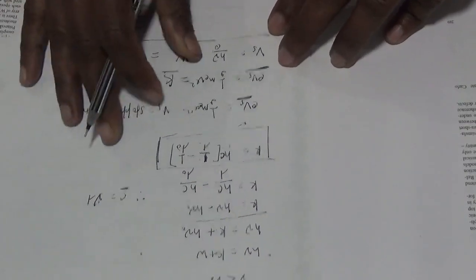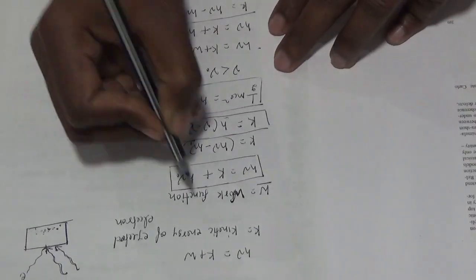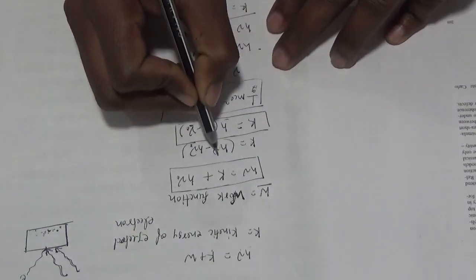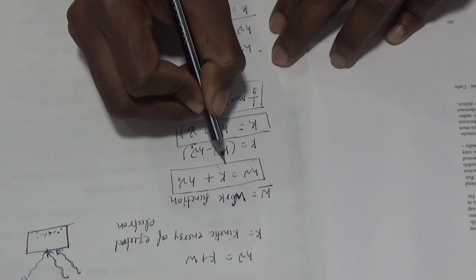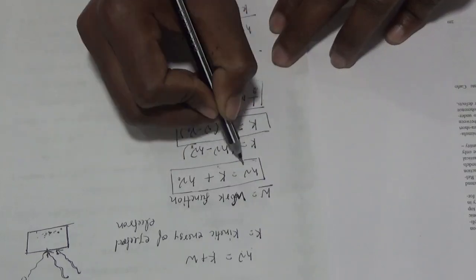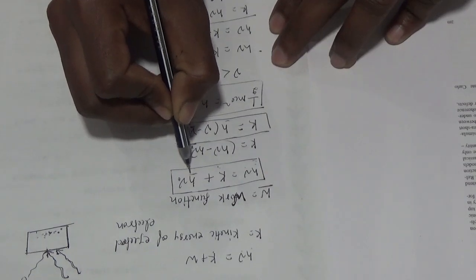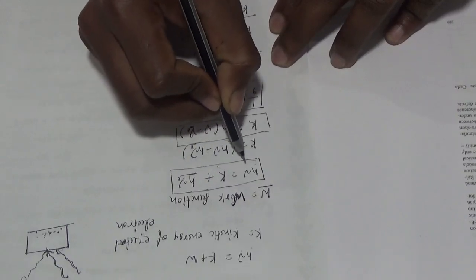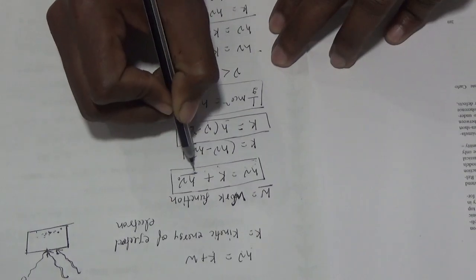Or we can say that from here we can see k is equal to h nu minus w, or from here also we can see k is equal to h nu minus h nu naught. Here h nu naught is w, hence k is equal to h nu minus h nu naught. At the place of h nu naught we can write w.